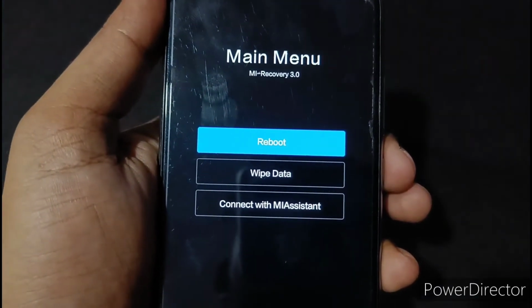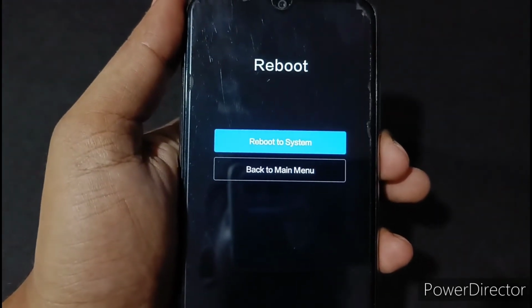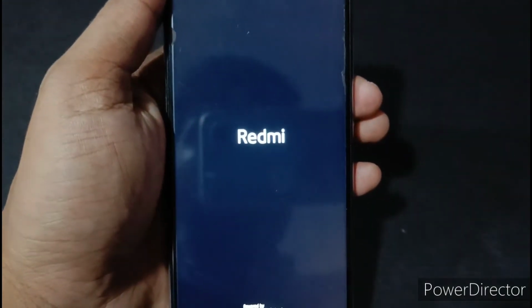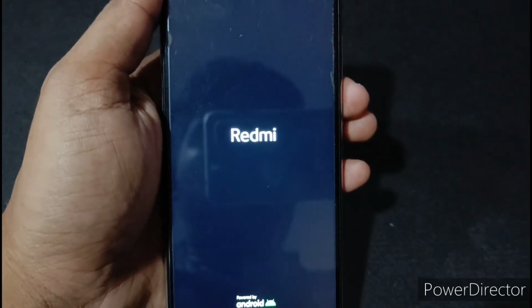Then you should reboot this phone once, reboot the system. Okay, and it will restart.